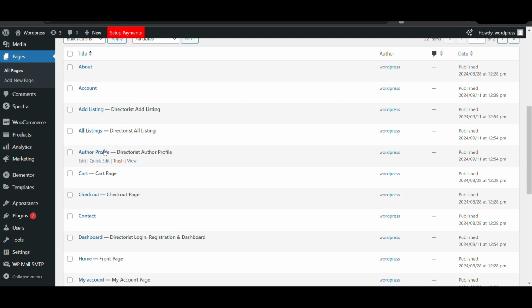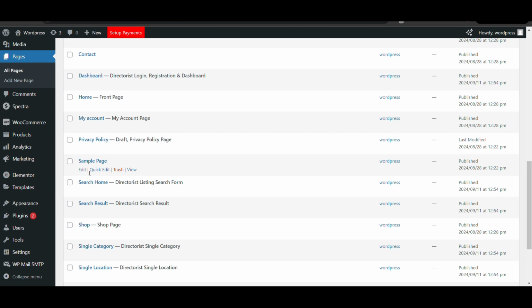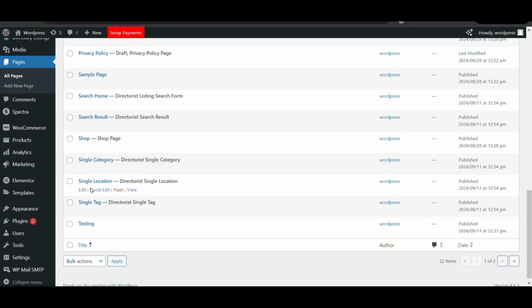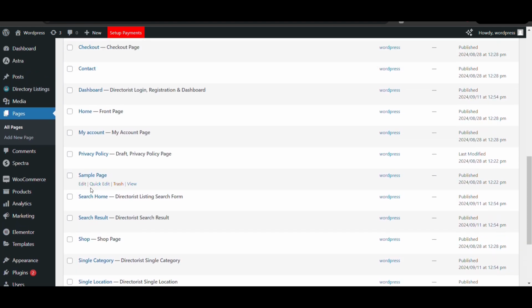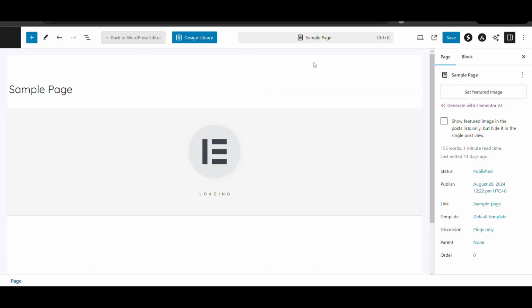I want to create a custom page with Elementor. Suppose I want to create that sample page with Elementor, and I will create a listing front view, how it will look. You can create that.